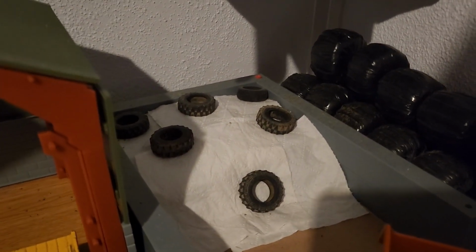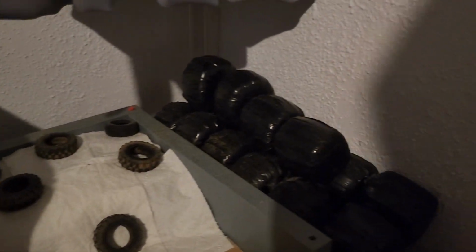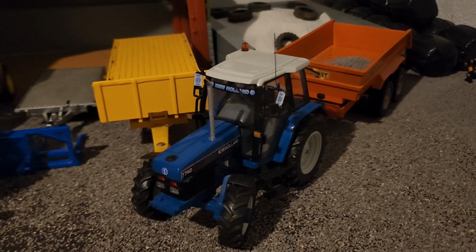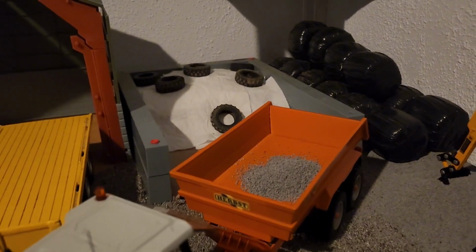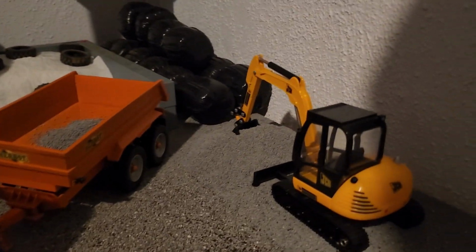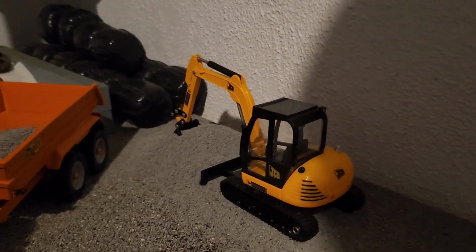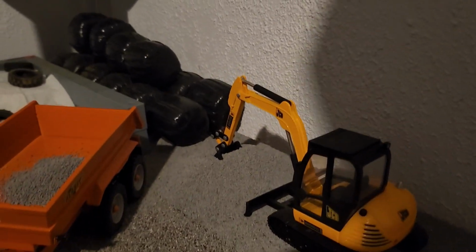Pit size there, it's going down a bit. We've got the bales there. Then here we have the 7740 New Holland parked up on the Herbst dump trailer. Then we have the Farmer's Son here with the JCB mini digger loading up a bit of gravel into the dump